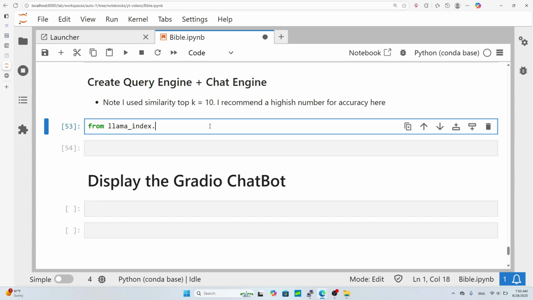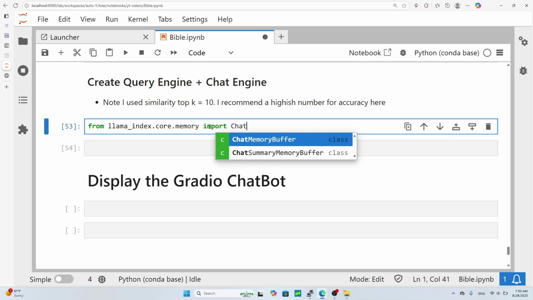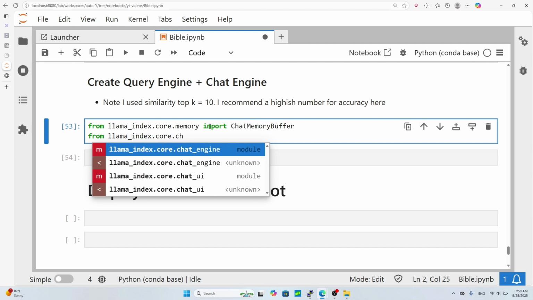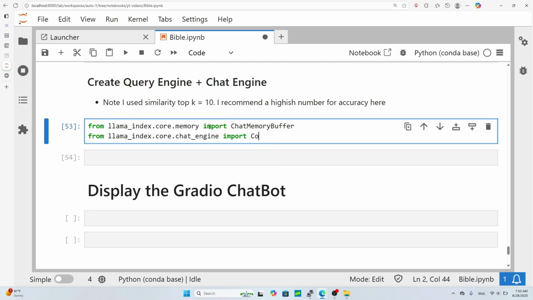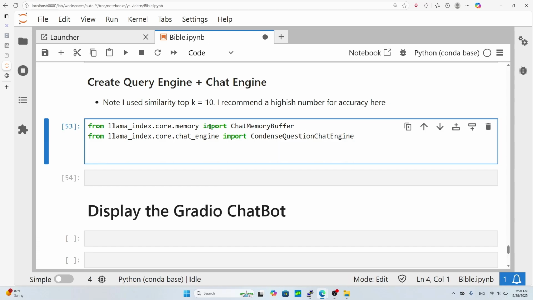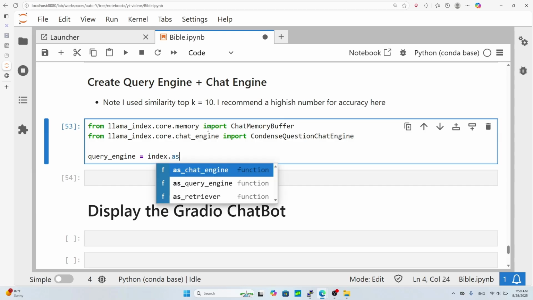So we do from llama_index.core.memory import ChatMemoryBuffer, and then we do from llama_index.core.chat_engine import CondenseQuestionChatEngine, I think. And now we can do something like query engine. So query engine is going to be index.as_query_engine, and then we can do